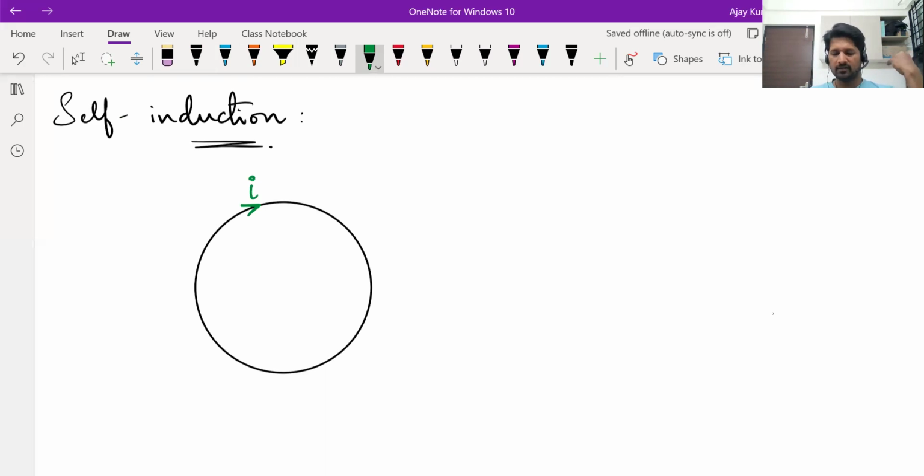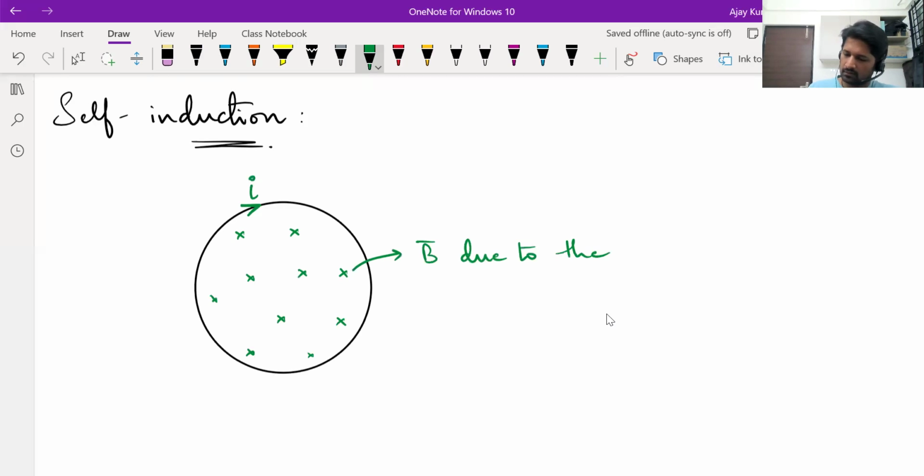Tell me, will it produce a magnetic field or not? If yes, in which direction is the magnetic field produced by its own current? Downwards, into the screen. Okay, curl your right hand fingers along the flow of current. You get a magnetic field into the screen. Who is producing this magnetic field? Is it an external agent or the loop's own current? This is the magnetic field due to the loop's own current,